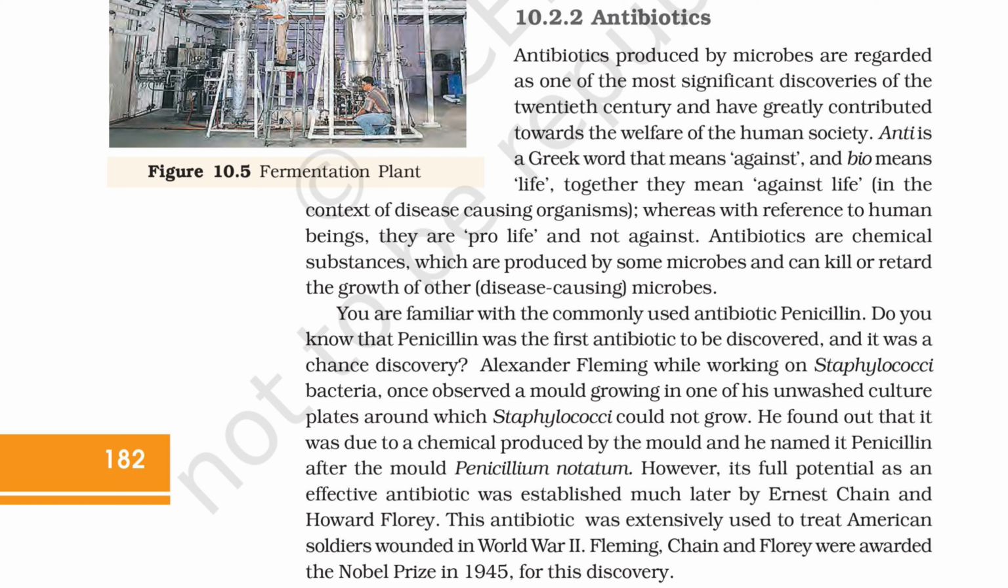Alexander Fleming, while working on Staphylococci bacteria, once observed a mold growing in one of his unwashed culture plates around which Staphylococci could not grow. He found out that it was due to a chemical produced by the mold, and he named it penicillin after